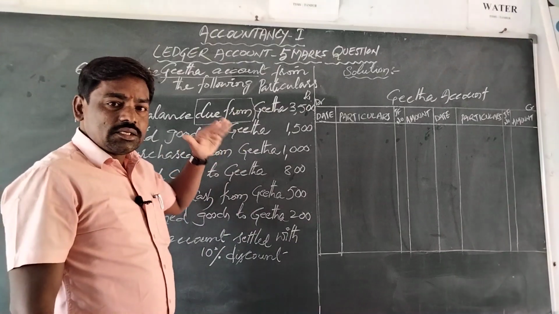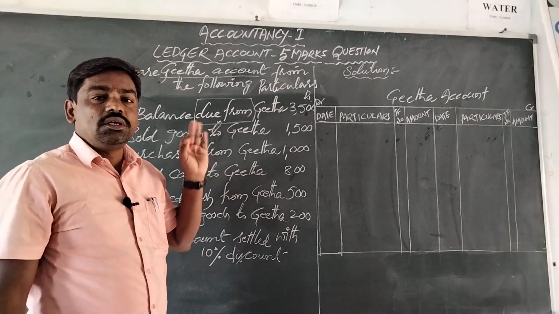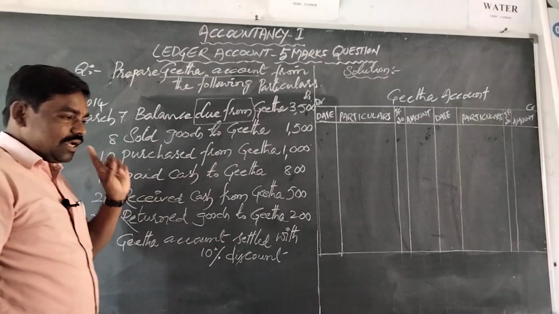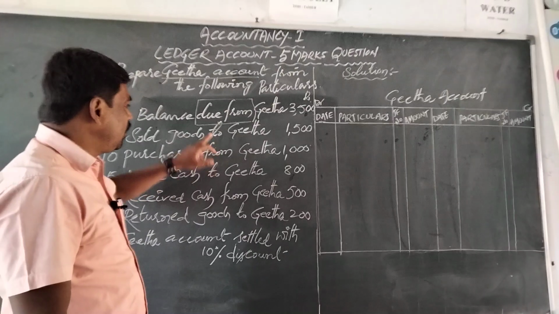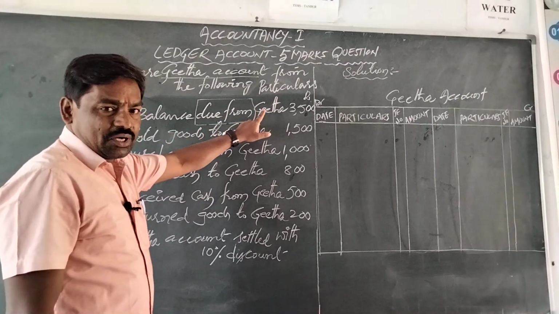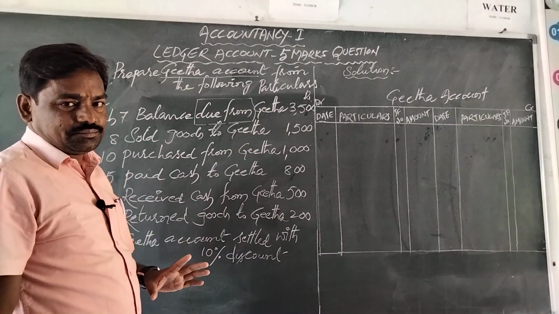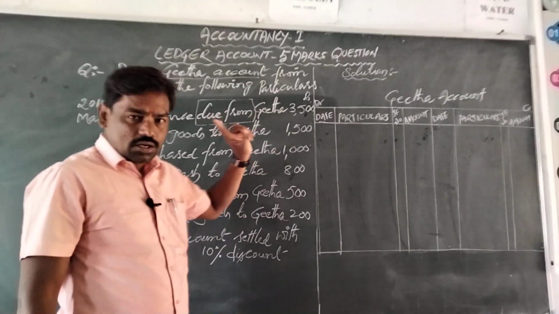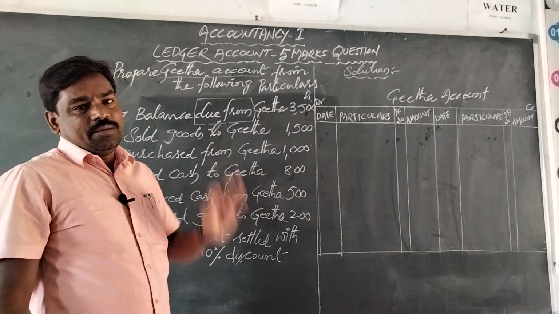Debtors come under assets. Assets always show the debit balance. So here you keep in your mind a blind trick: whenever you see the words due from a particular person, then you think the person is a debtor. So when he is a debtor, automatically his or her account shows a debit balance, that is the opening balance.